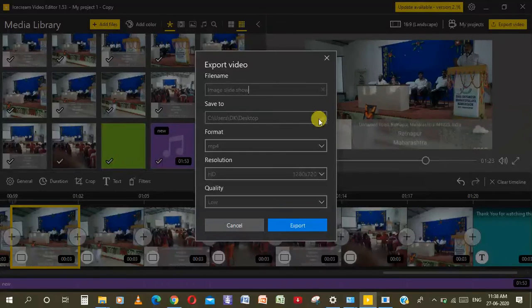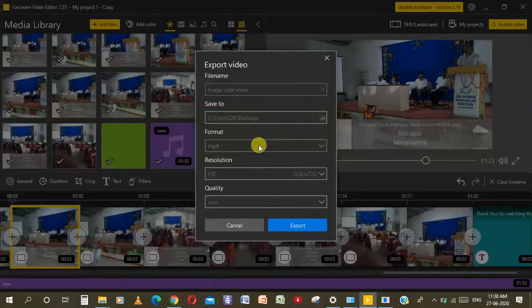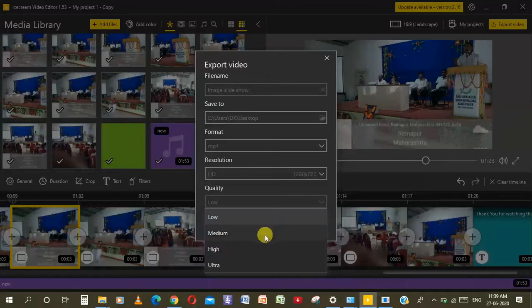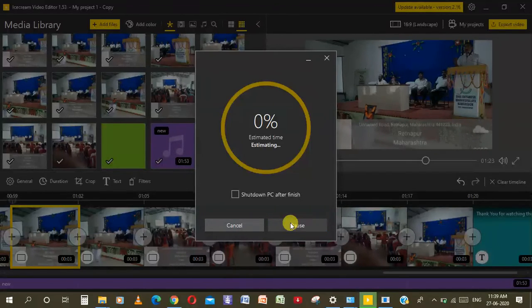You can choose the path where you want to save. Just click on desktop. It will be saved on the desktop. Format MP4, SD quality. I am going for low quality. Low is also fine here, or you can go for medium and high according to your own choice, and click on export.